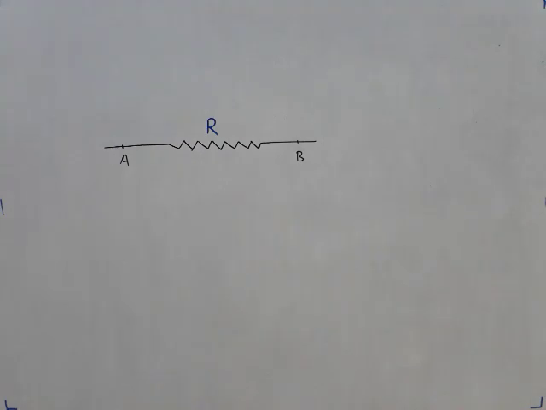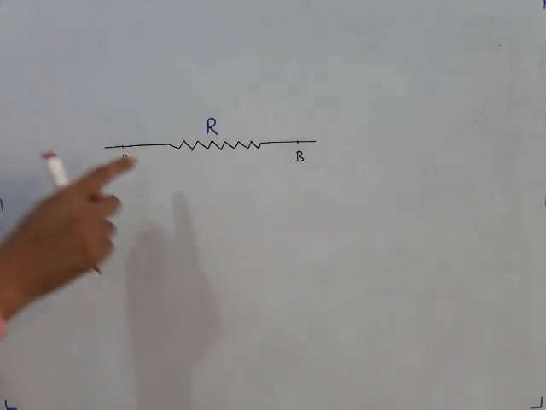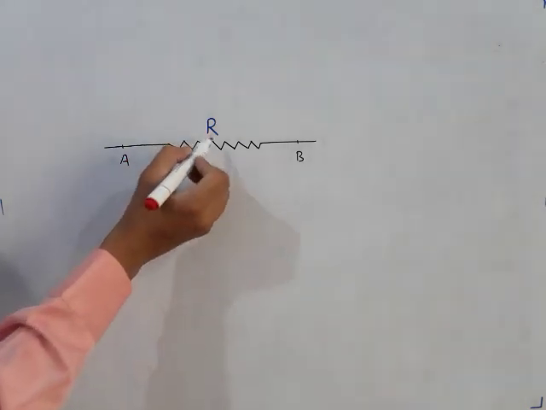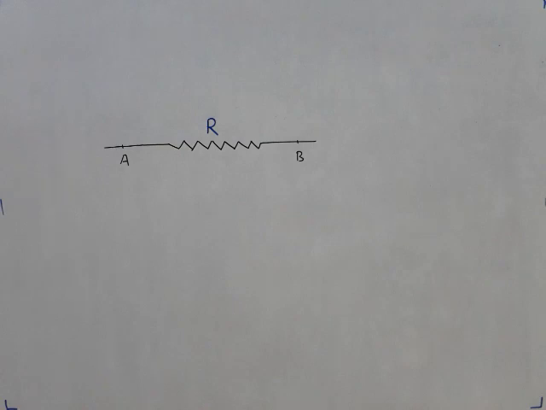Students, I had told you that today we shall begin understanding about the combination of resistors. First, we should understand what is a resistor. Resistor is anything that opposes the flow of current. Its symbol is like this, and we denote it by capital R. So this figure shows a resistor.